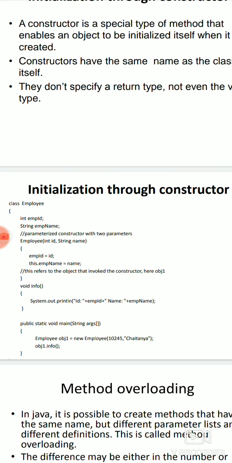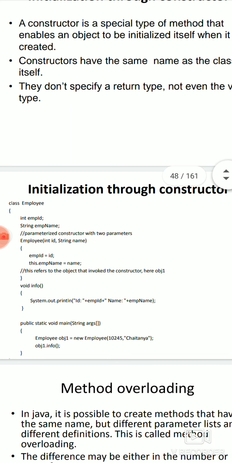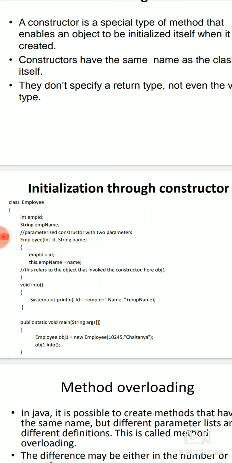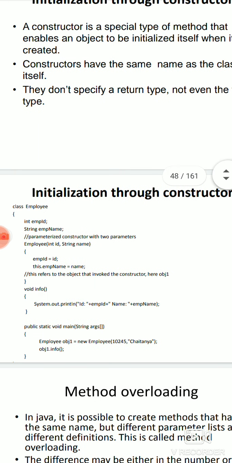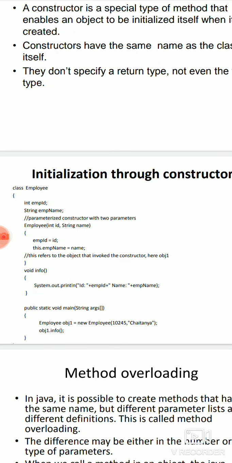Now void info, that is the next method, which is not a constructor. Why is it not a constructor? Because it does not have the class name, it is different from the class name, hence it is not a constructor. Inside it you have system dot out, which is just a display of information, just like a cout in our C++ program. Now we have already said we have to write everything inside a class in Java. So again the main method is coming, that is public static void main string args, which is the most important line to write in a Java program.